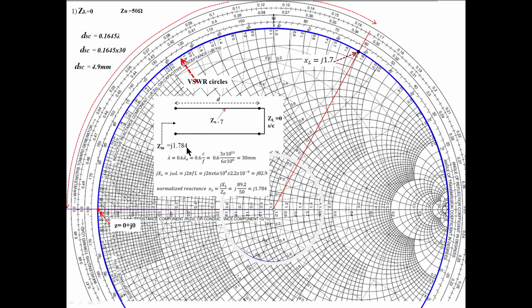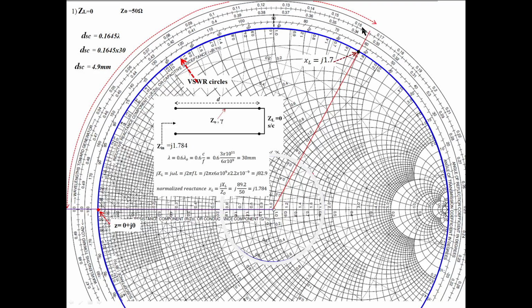What is the required value? This value. So we stopped here, because 1.6, 1.8, and 1.7 is there. As we move over the VSWR circle, go on moving till your required value of reactance is found. We found our reactance at this position, so we stopped here. You draw a line again passing through this point. From the center of the Smith chart, you draw a line to reach the wavelength scale.